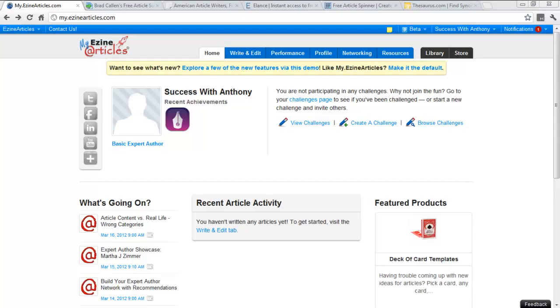So if you write an article and then you go to an article directory like eZine articles, which is great, and we're going to go into why, and then that article gets ranked for whatever keyword you're targeting, and then you turn around and put that same article on your blog, it's not going to get ranked. That post, that page won't get ranked because it's already been ranked and it's the exact same content. So the first place you always want to put your articles is on your blog, and that's essentially why I'm showing you this video now and I showed the other video first, because I think it's very important to set up your blog, get your articles, get your posts, get all those widgets in WordPress set up to optimize that,